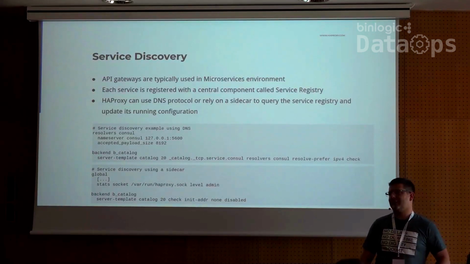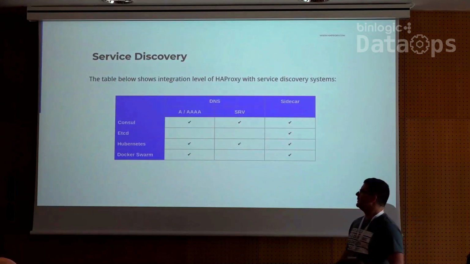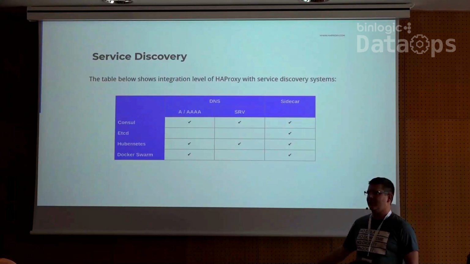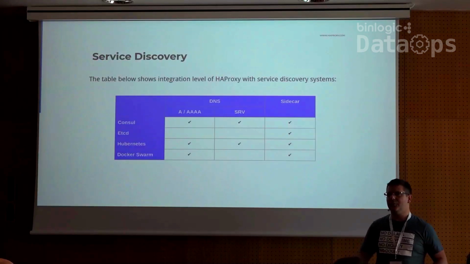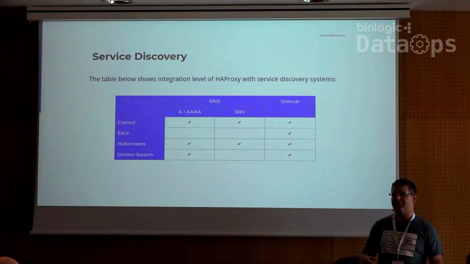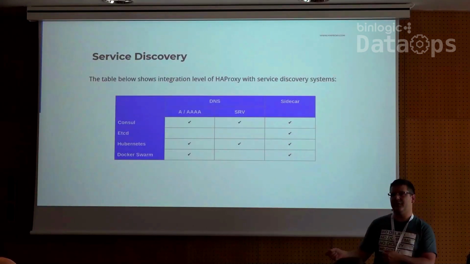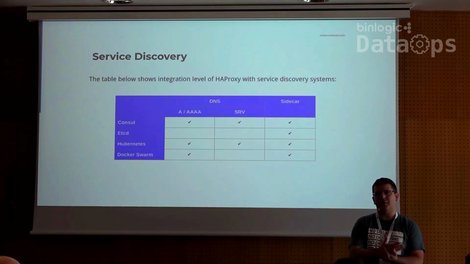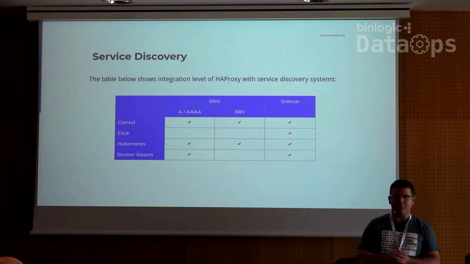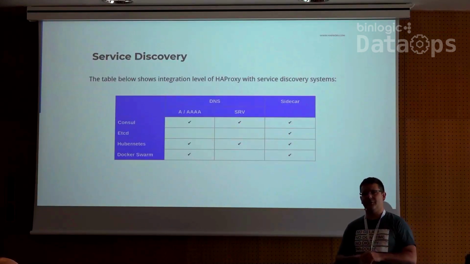There is another thing: some service discovery does not support SRV records, like etcd or Docker Swarm. In that case, it's better to have a sidecar. The sidecar would be some kind of Go software that you can write yourself. There are a lot of examples for this software. The sidecar will do the probe using JSON REST API calls to your service registry, and then can push configuration into HAProxy, because HAProxy exposes a runtime CLI that you can use to do set server address, set server port, etc. This is something we use a lot.